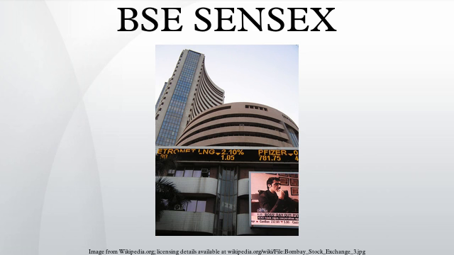14,000, December 5, 2006. The Sensex on December 5, 2006 crossed the 14,000 mark for the first time. 15,000, July 6, 2007. The Sensex on July 6, 2007 crossed the 15,000 mark for the first time. 16,000, September 19, 2007. The Sensex on September 19, 2007 crossed the 16,000 mark for the first time. 17,000, September 26, 2007. The Sensex on September 26, 2007 crossed the 17,000 mark for the first time.